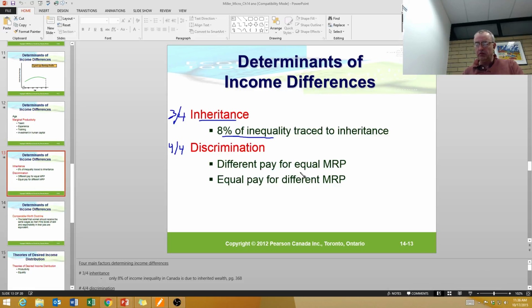Okay, so the book mentions that there are some groups in society that have different levels of pay even after factoring in differences in productivity and education. And on page 368, it mentions that women generally earn only about 70% of what men earn. And this is Canada. So I have some international stats here just to see where Canada fits in